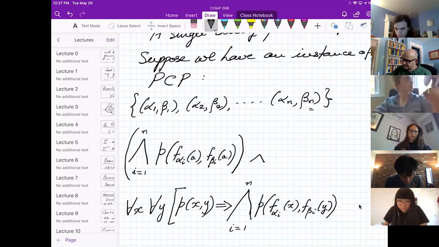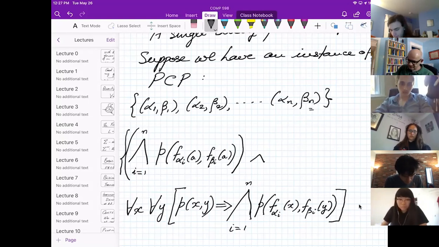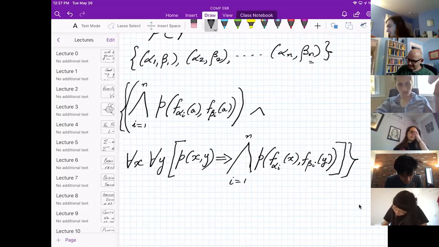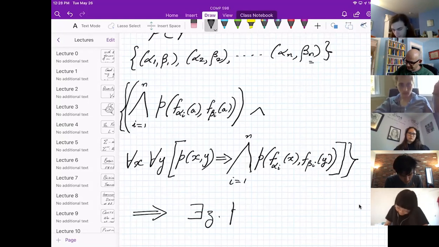That closes there. And then that closes that square bracket. And then let me put a curly bracket around this whole thing. All this together implies there exists z, P of z z.